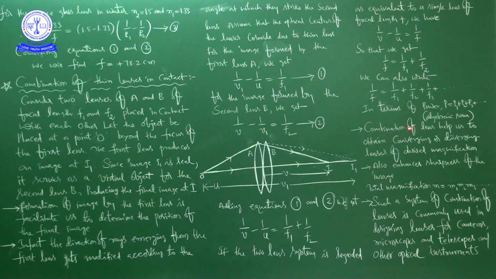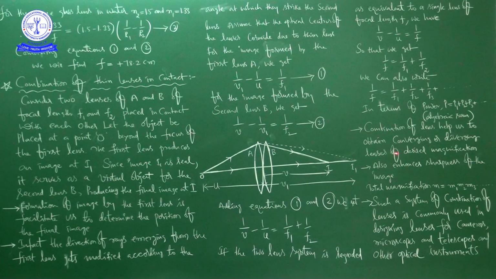So when you are using this expression to calculate the total power in a combination of lenses, we have to take the algebraic sum. That is important. We have to take the algebraic sum, right? So the algebraic sum of P1, P2, P3 and so on will give us the total power, right? Next,